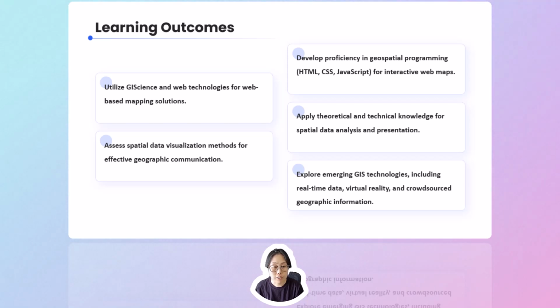These skills will support your ability to work on real-world web mapping projects and communicate complex spatial information effectively.